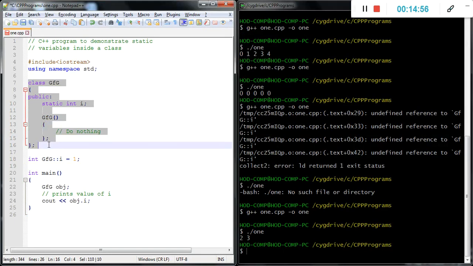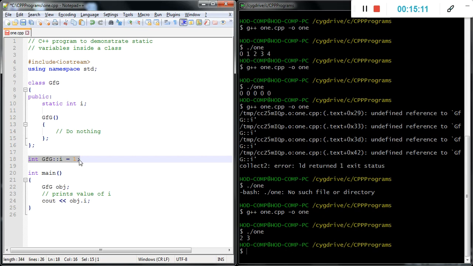Okay, now if we check it out, static int I, then this is the class body. Then we call the constructor, which is simply a member function named as the class name, and then we define the static variable, assigning the value to it: int GFG scope resolution I is equal to 1.